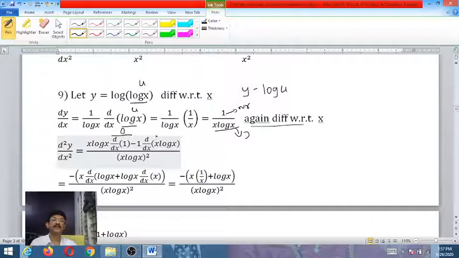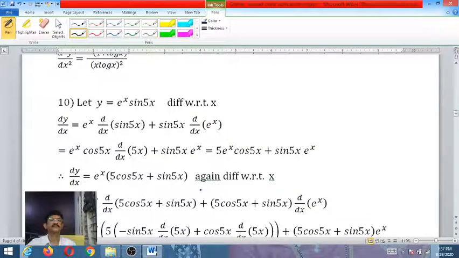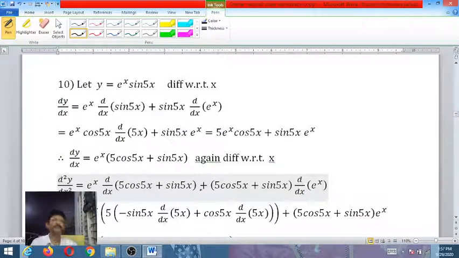So here again we have to apply which rule here? X is considered as first function, log x is considered as second function. So now look at here. Minus is there, you must put this bracket, important. So first x into derivative of second plus log x into derivative of first. X derivative is what? It is 1. For log x it is 1 by x. Can we cancel this x and x here? X cancels. So this is minus log x by x log x whole square. Minus of 1 plus log x. This is a little bit lengthy problem.